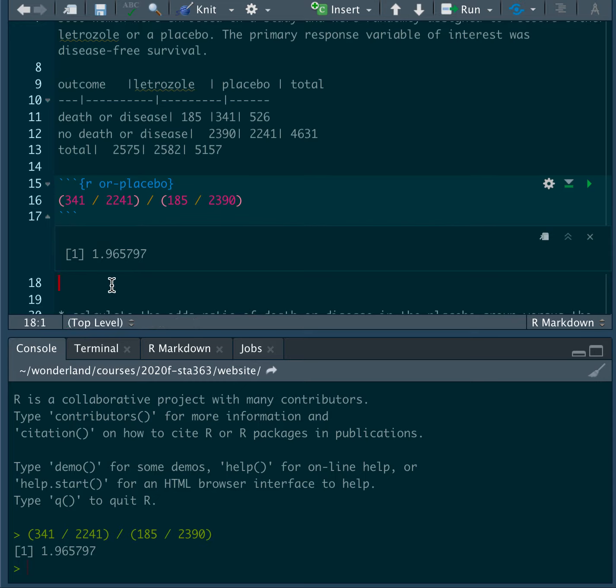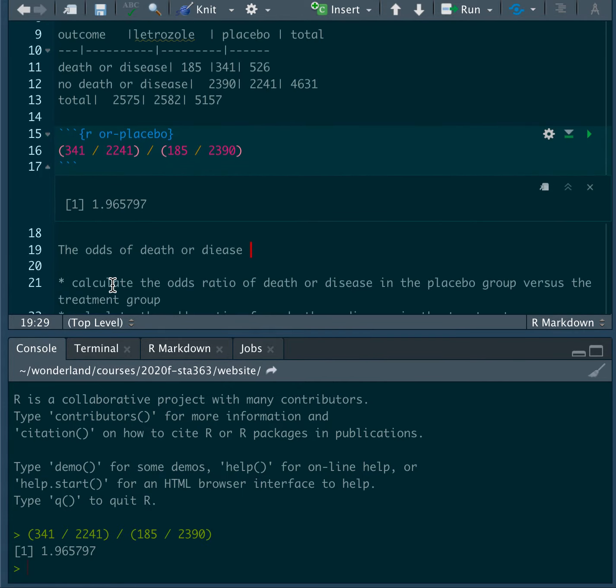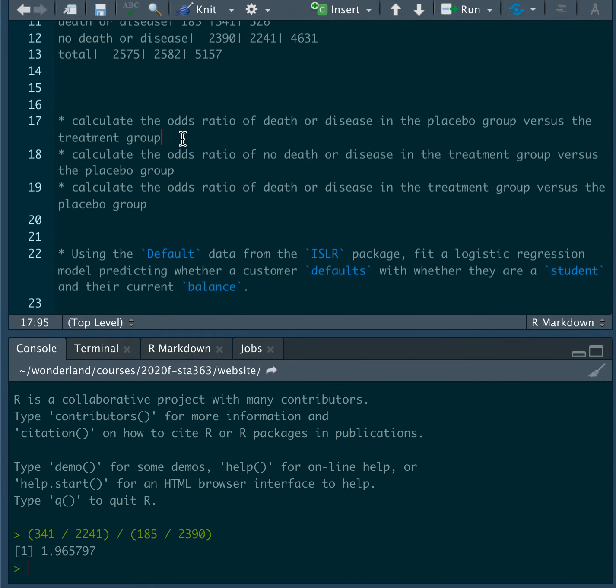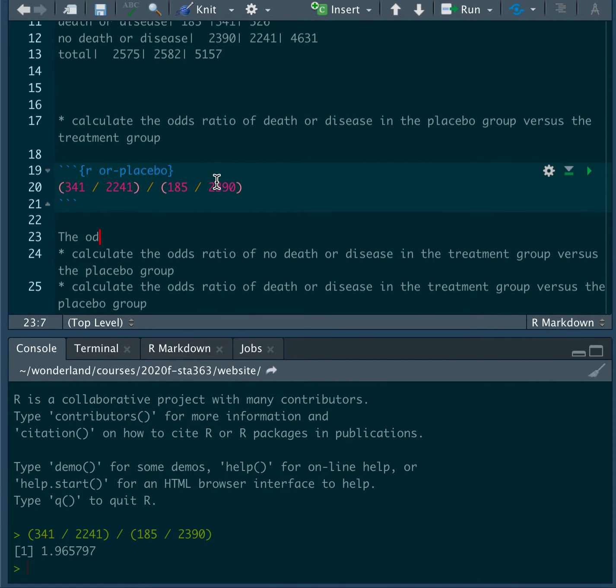Okay, so the odds of death or disease, let's copy this into the actual spot where it belongs here. So the odds of death or disease in the placebo group